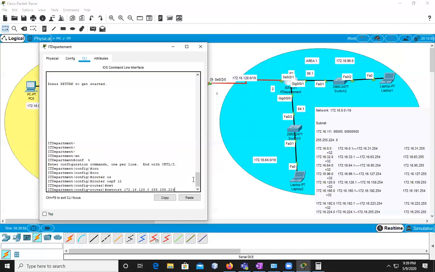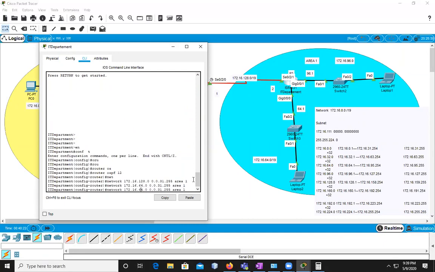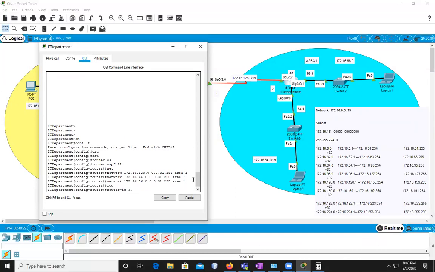224, but shouldn't it be like the reverse? 0.0. Oh yeah, sorry. It should be 0.0.31.255 area. Now it's 1. All right. Now the area is changing. It's area 1 and then 128 and then it's going to be 64, right? With area 1 and then after that another network which is 96. That's it. And now the router ID is, for example, I want this to be router ID as 3.3.3